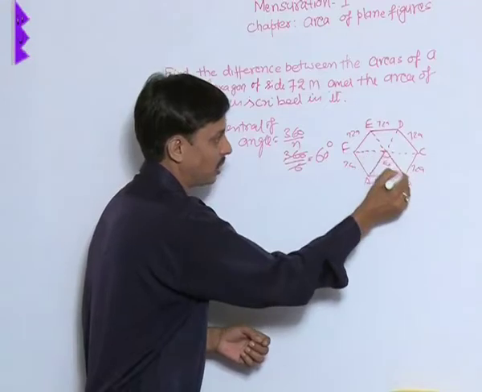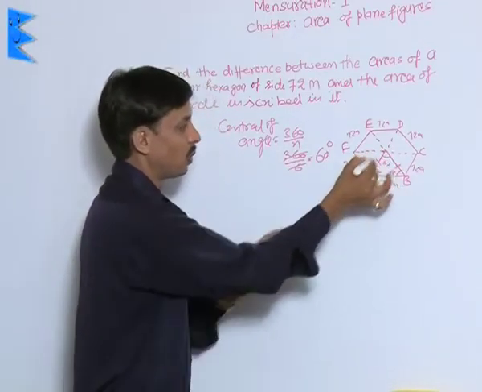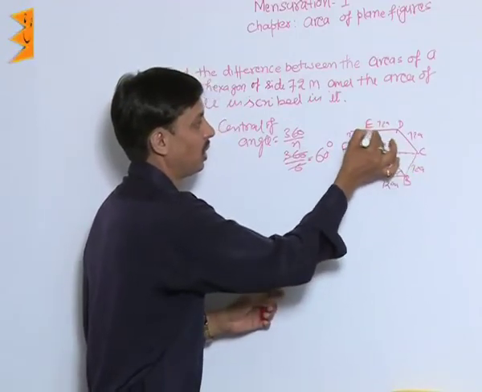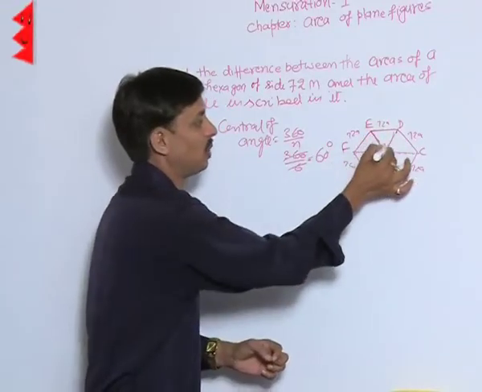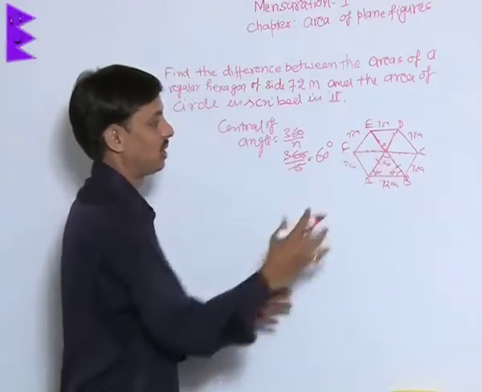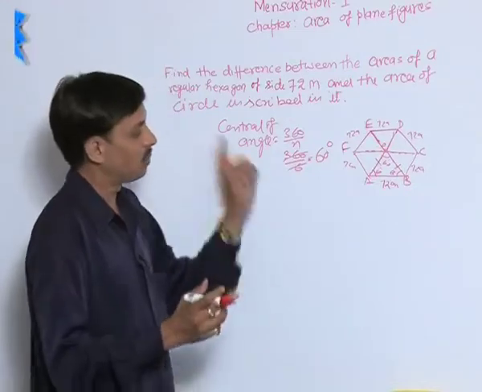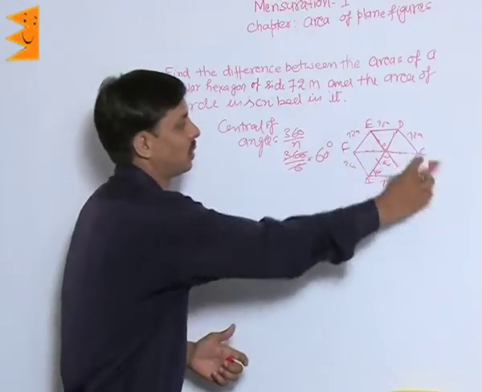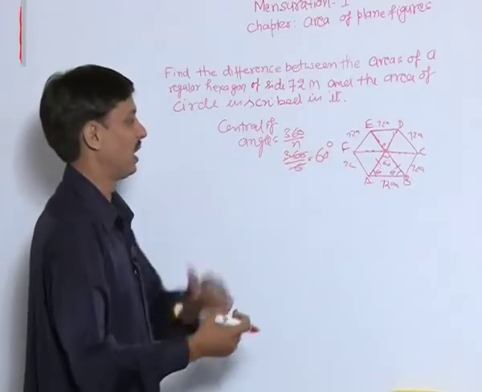These two sides are equal because these two angles have to be 60-60. So what become these? OAB, OBC, ODE, OEF, OFA. There are 6 equilateral triangles. This angle is 60 degree, this is 60 degree, this is 60 degree. So there are 6 equilateral triangles. So if I calculate the area of one equilateral triangle and multiply that value by 6, I will get the area of 6 equilateral triangles, or you can say the area of this complete regular hexagon.